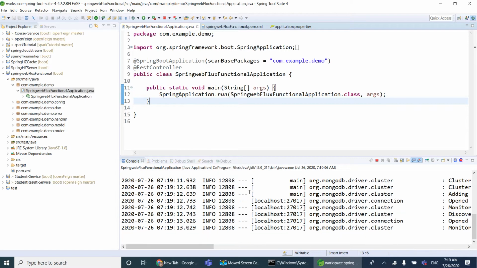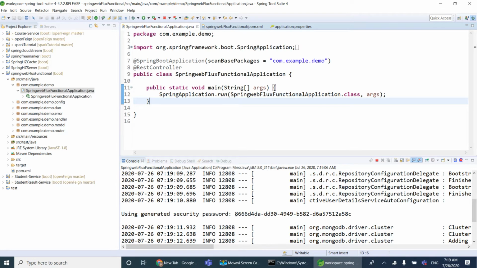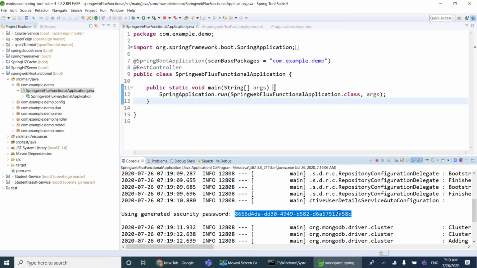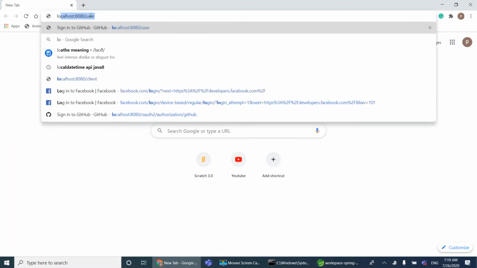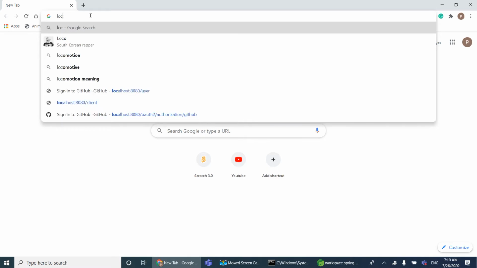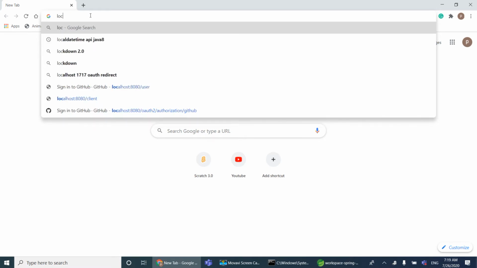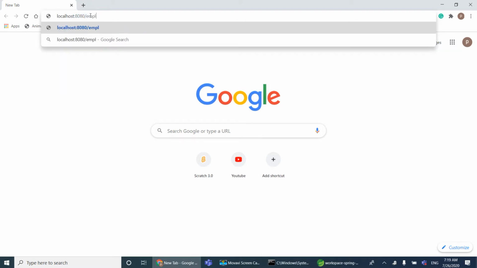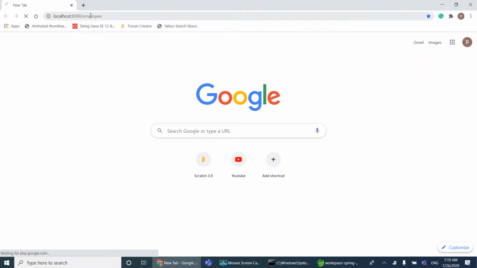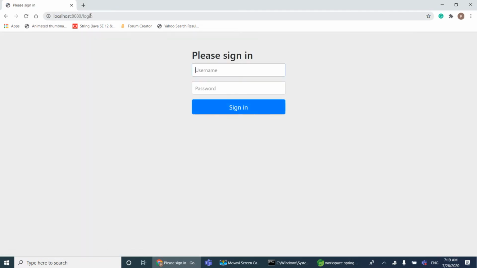So this is the default password created for the user. I'll copy this. When I go to any browser and try to hit the endpoint, localhost:8080/employee, it is asking us to log in because we have added the Spring Security jar and OAuth client jar.